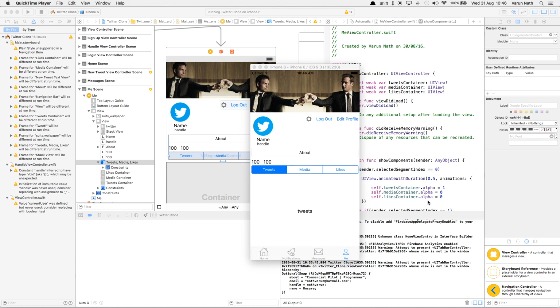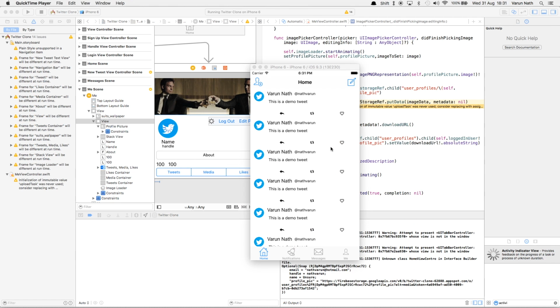So in the last video, we had set up the layout of our profile tab, which is the Me tab here. In this video, let's go ahead and set up the code required for the parts to work. So let's begin. I just want to start by showing you the final product that we'll have at the end